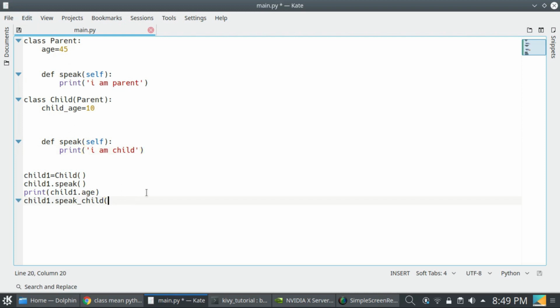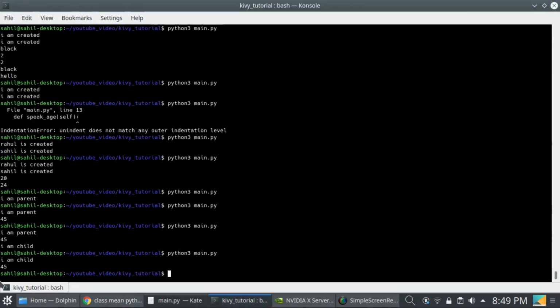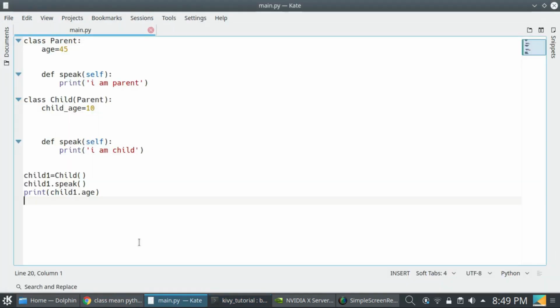So when I call the speak method, it will print I am child, because we overrode it in the child class. So this is called method overriding.